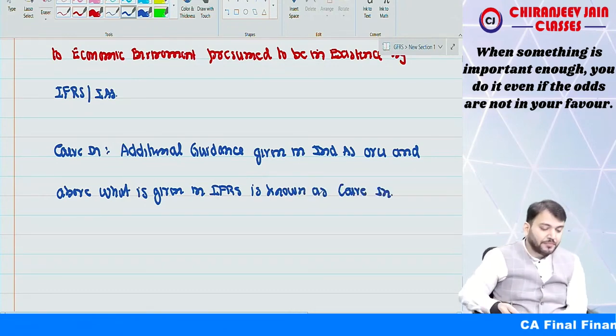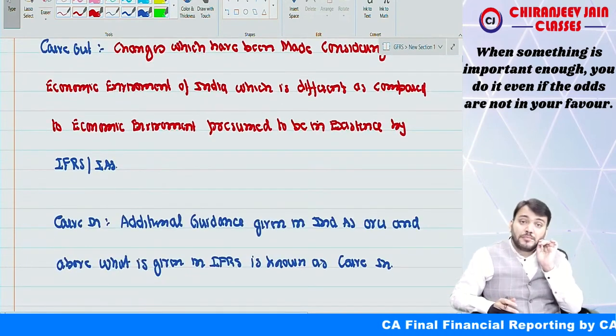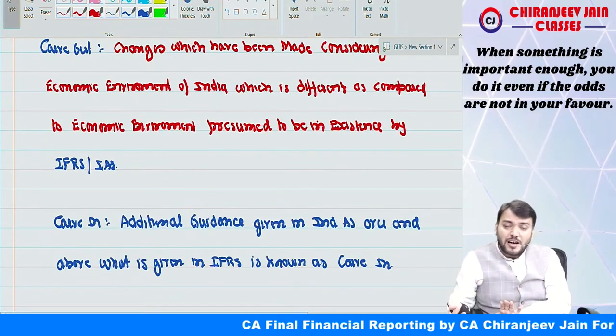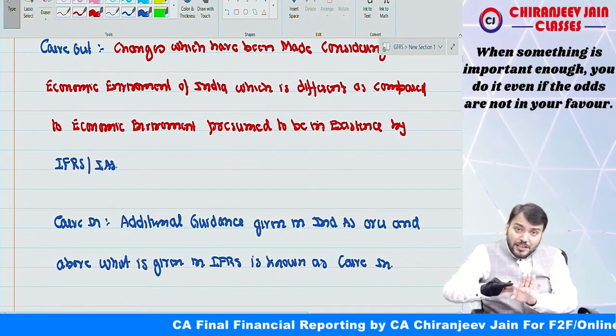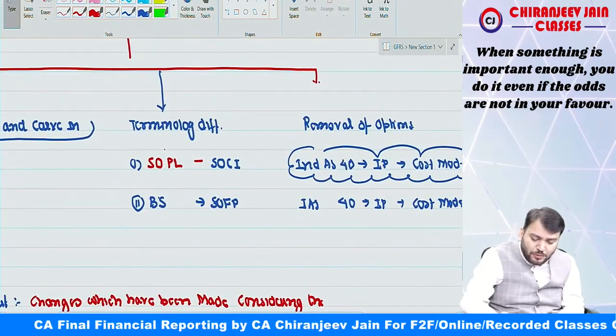Understood this point? Have you understood this part, carve out and carving? So the major difference is carve out and carving. If you understand carve out and carving, then automatically your IFRS is covered, with some differences related to